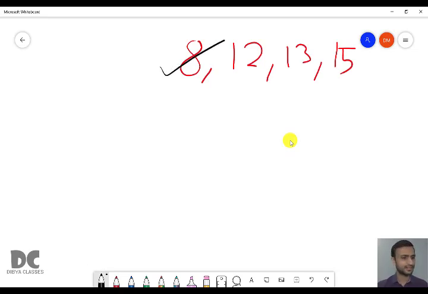Question number 8 says, write a program to input amount and time. So what is your input? It is amount and time. If the time is more than 10 years, rate will be 8%, otherwise it will be 12%.